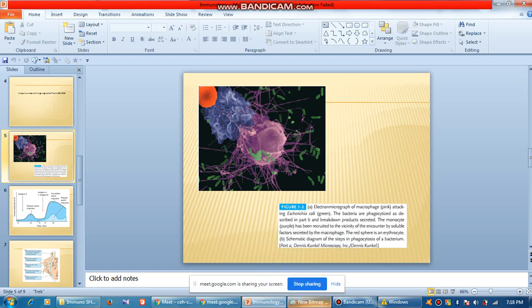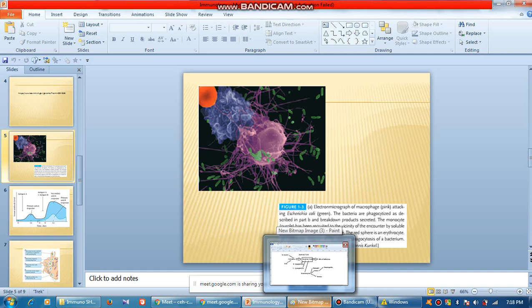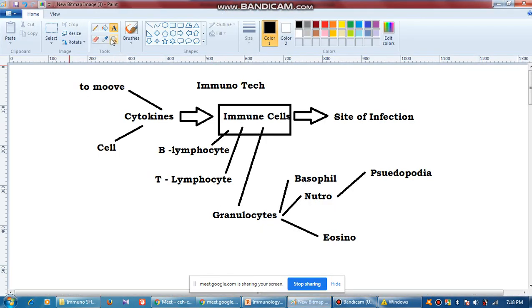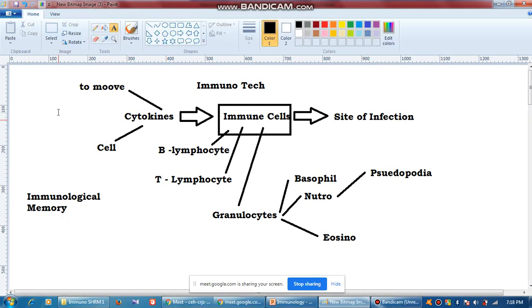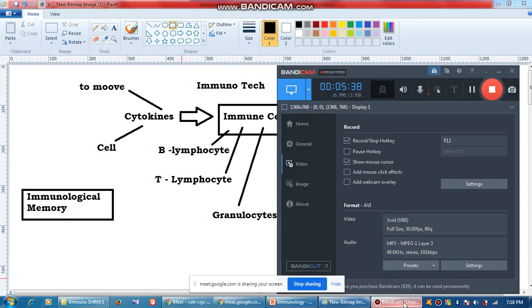Eventually we will also see that due to the presence of immunological memory, all the changes will take place much faster. So we understood immunological memory previously, isn't it, last class? Today we shall see what exactly happens due to immunological memory, with an excellent experiment, very simple to do and very helpful to make you understand. Just hold on.